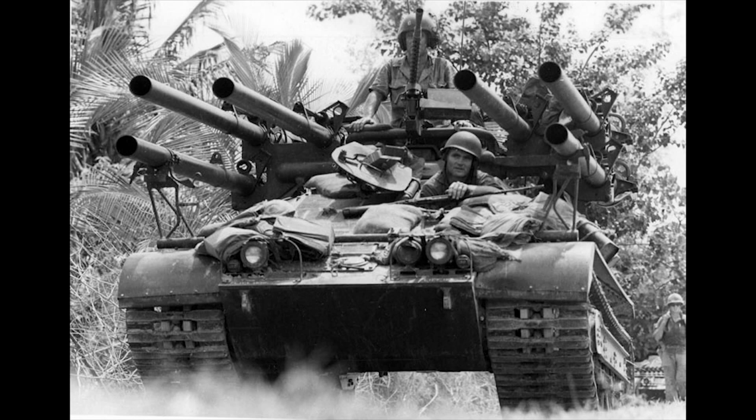Oh, there are some videos for this as well. Come on. That's a bit better. But yeah, that's the Ontos. It does need more. In real life, they could unmount, I think it was at least 2 of them, because they were literally the same gun as what was mounted as an anti-tank gun mount, except they're just mounted on this. Like I say, it was only a lightly armoured vehicle, but with 6 105mm recoilless rifles,